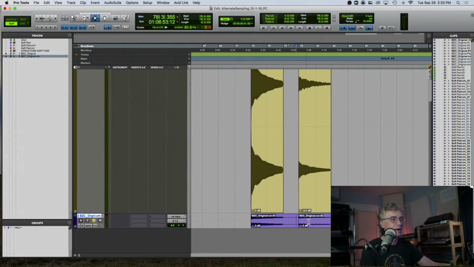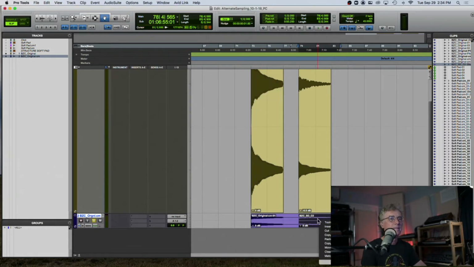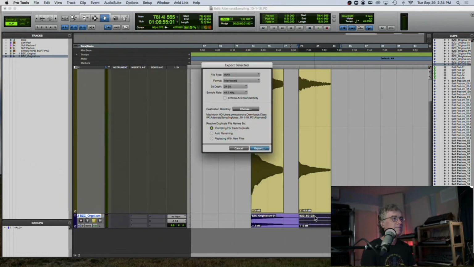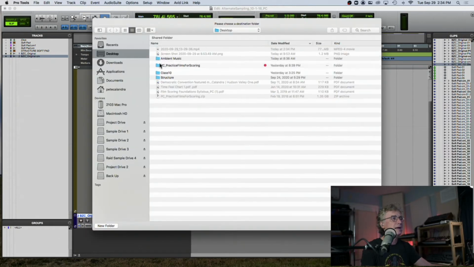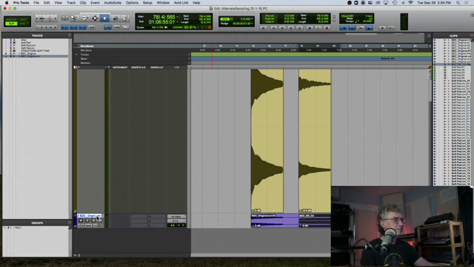Now, let me just show you. So I'm going to rename this. Berkeley Zen Center. I'll just say Sound Design SD1, SD, and then I think it's C. I'm just going to pitch it at like C2. And then I'm going to export that. And I'm just going to export it to my desktop. Great for just right now, just for quickness. And then